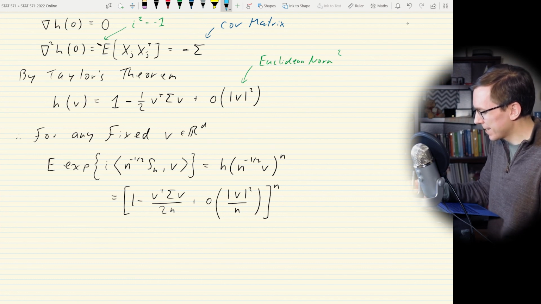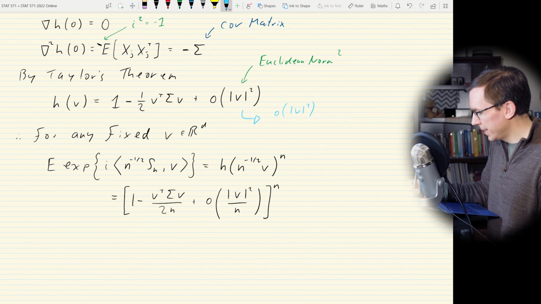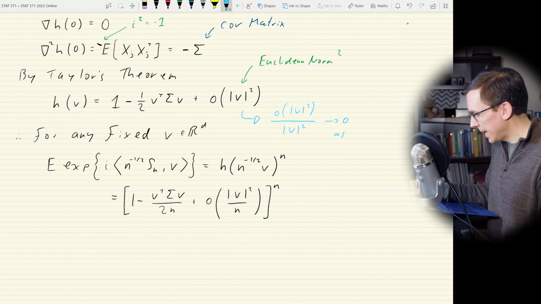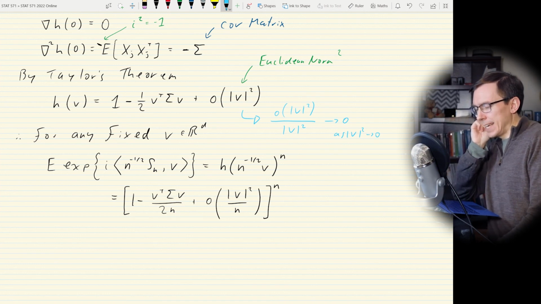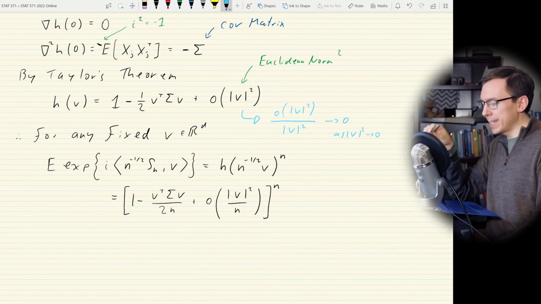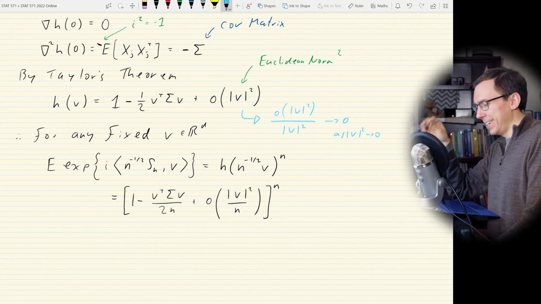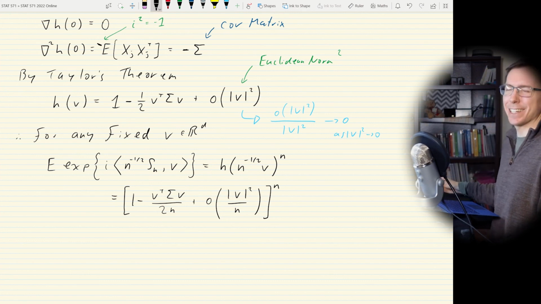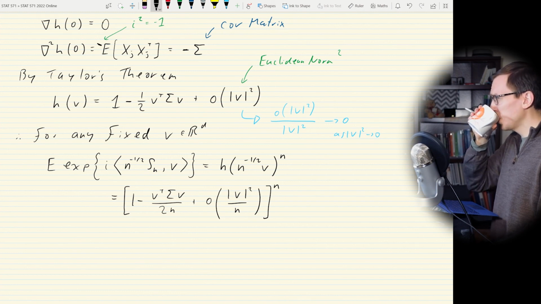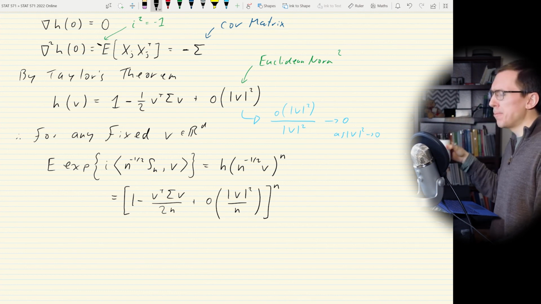So basically the point is that little o of v squared here divided by v squared is going to go to 0 as v, I guess, squared goes to 0. So the numerator, the little o thing, is going to 0 faster than v squared is. So it's going to 0 at a faster than, I guess, quadratic rate you could think of. The point being is it's negligible.